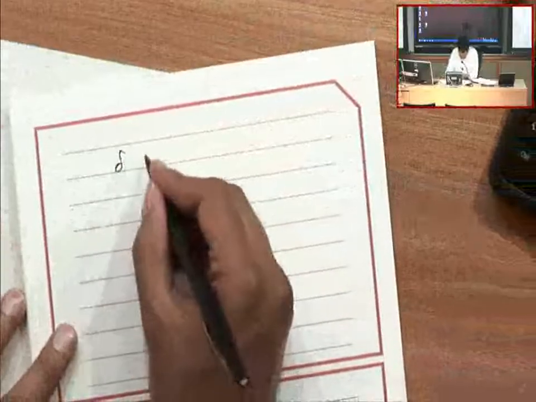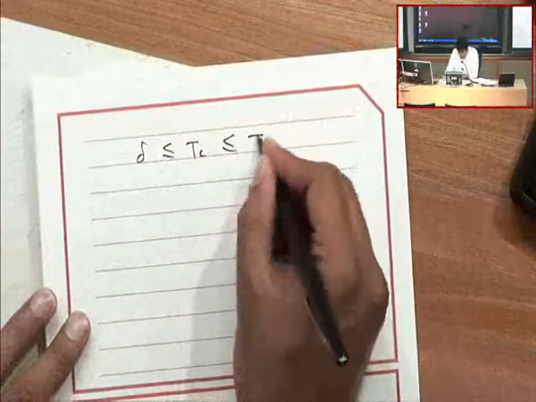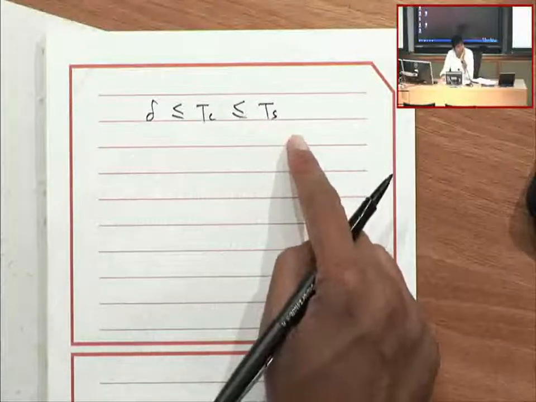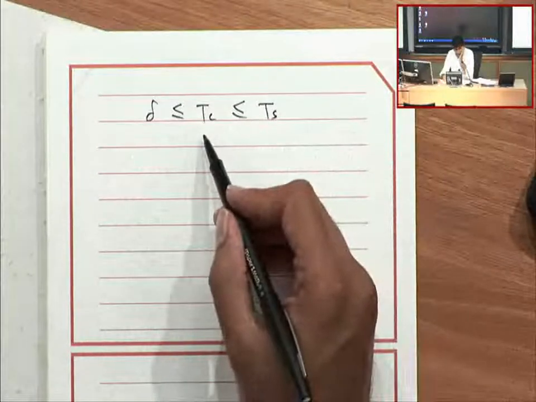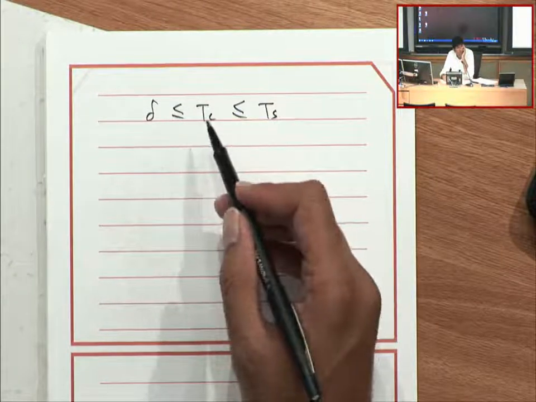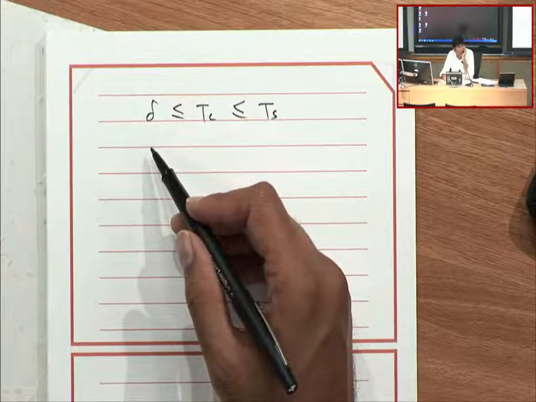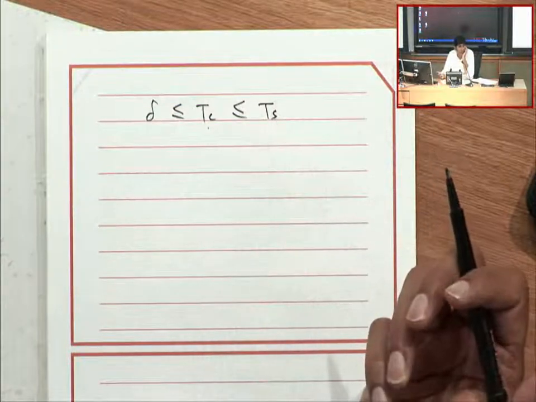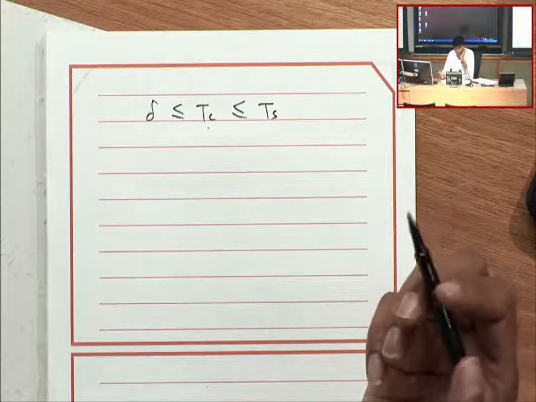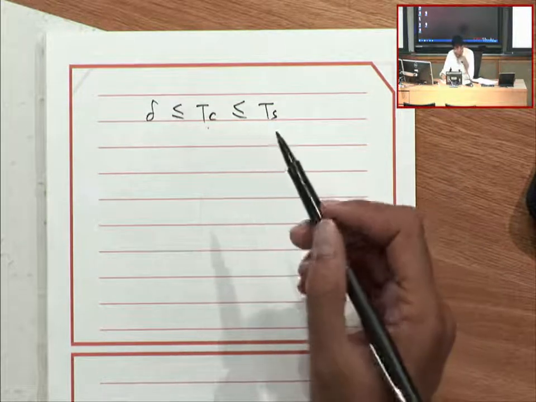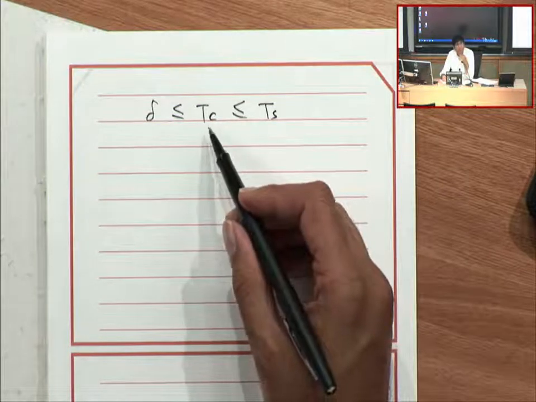In general, these parameters are chosen so that delta is smaller than TC, which is smaller than TS. TC might be very small if you can declare very quickly that the collision is happening. And it may be the same as TS if there's no way for you to detect a collision while it's happening. Okay. In practice, it turns out that, and we'll come to it, real 802.11 systems use something called RTS-CTS,